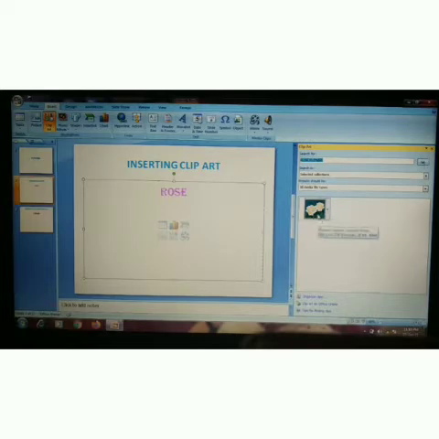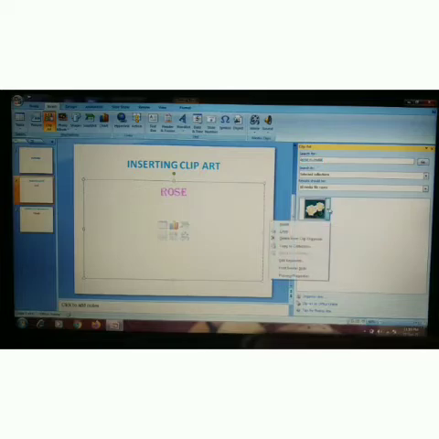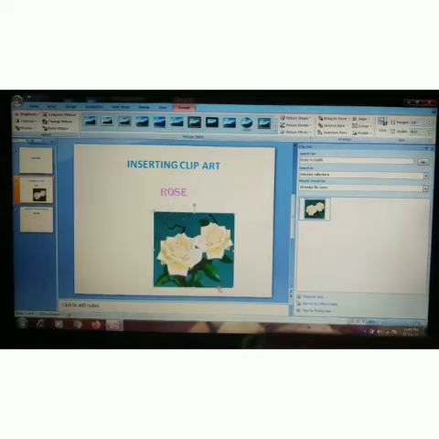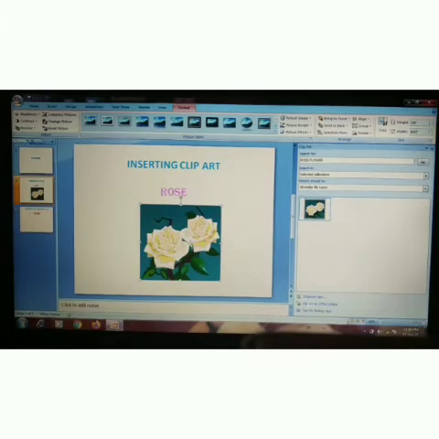A clip art of a rose flower. Click on this arrow and click the insert button. What happened? The clip art got inserted into our slide. Okay, this is how to insert clip art.